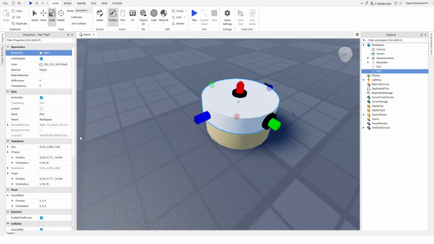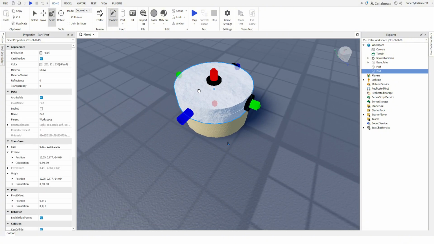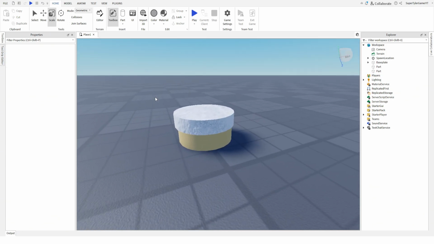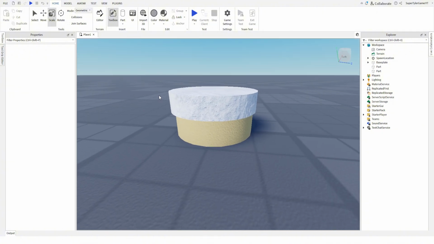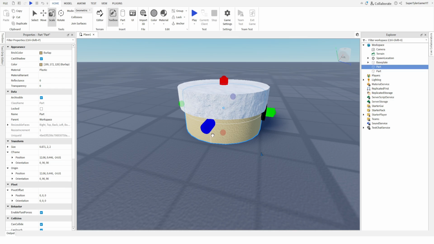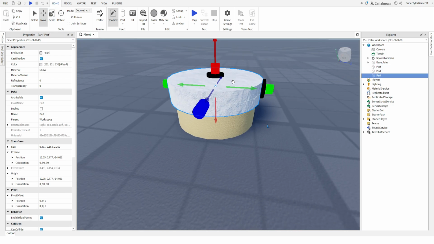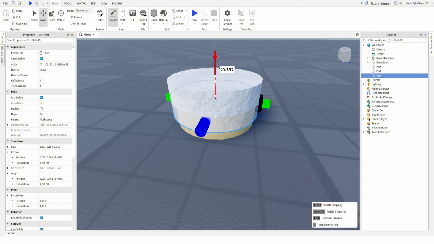Let's take this, change the color, and then change the texture. Let's try snow. Snow fits a little bit. And there we go. We've got a very, very basic cake. We could make this less basic though. If we go ahead, duplicate this, move this down,